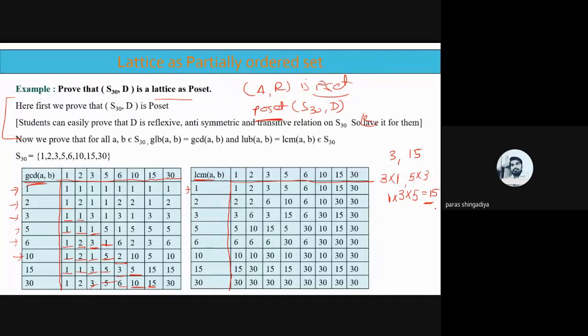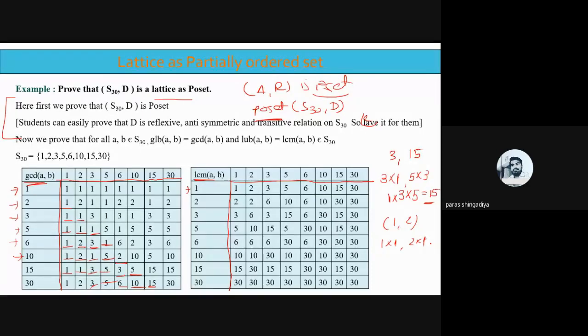So this way we can derive the LCM. Here 1 with 1, so the answer is 1. 1 with 2, so what will be the LCM of 1 and 2? The factors of 1 and 2 are 1 cross 1 and 2 cross 1. Clear? 1 is repeated in both cases, so consider the product as 1 into 1 into 2. So the answer is 2 itself.